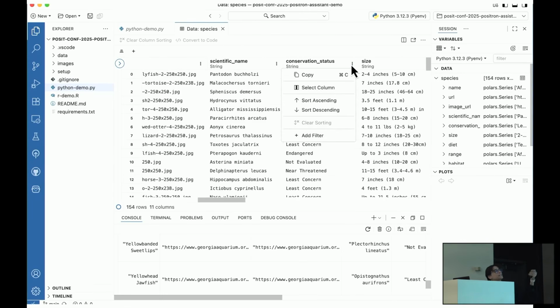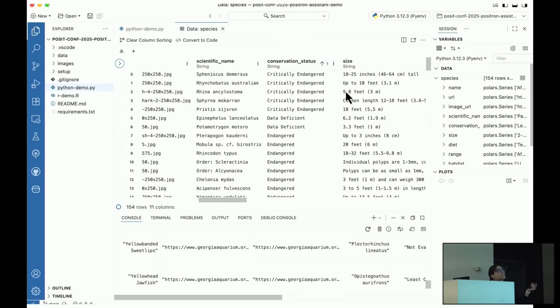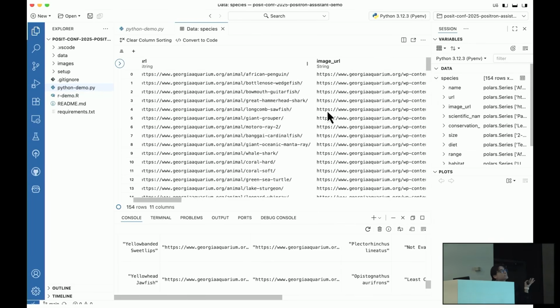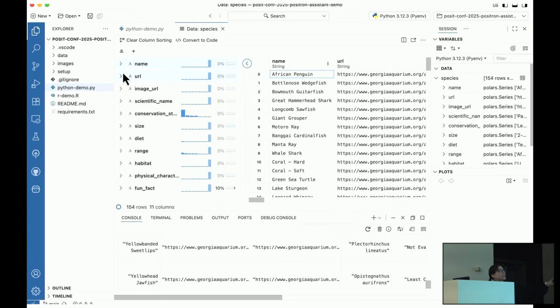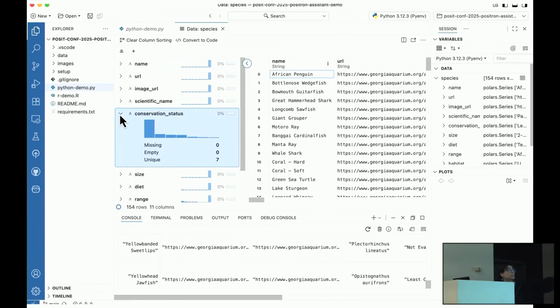I can do things like hit these 3 dots and sort ascending. So if I wanted to take a quick look at the critically endangered species, I can see African penguin is up there and things like that. So just a quick view of my data set. And another thing I can do is open up the summary panel, which also gives me the sparkline view